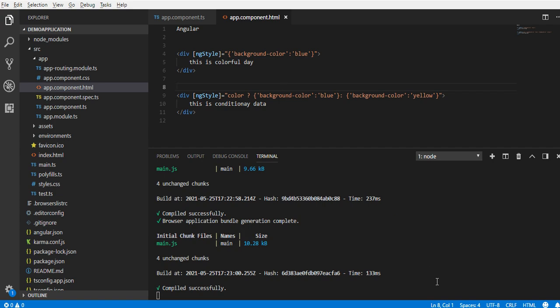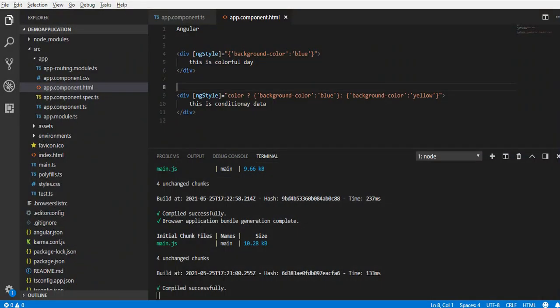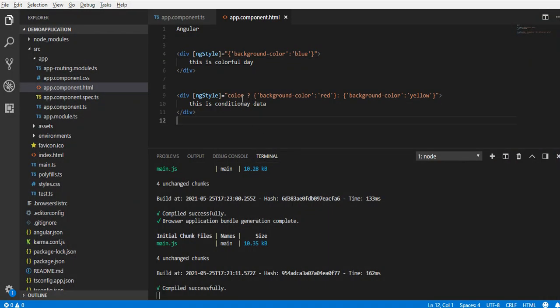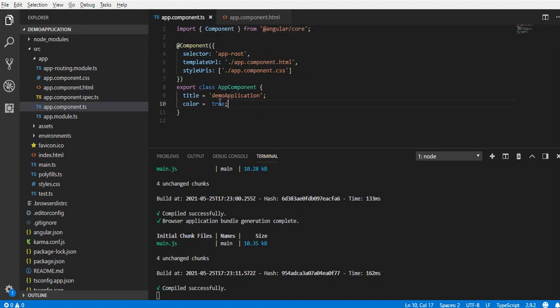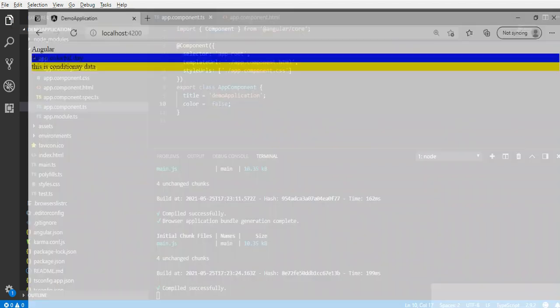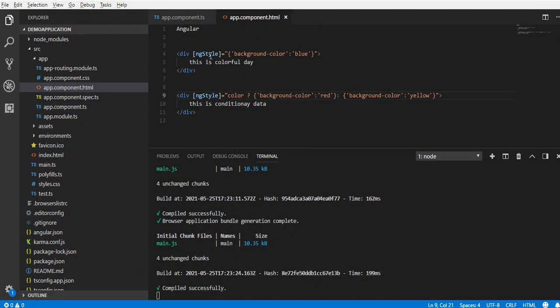Let's go to the browser and see the result. It says blue color. Okay, let's change the color to red so that it makes some difference from the above div. Now this becomes red. Why? Because the color variable holds true. Let's change it to false, so it should show the yellow color. Perfect. So in this way ngStyle works.